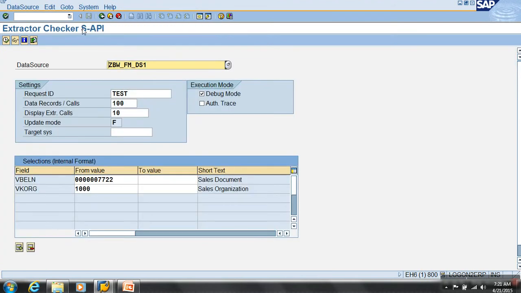So basically the code we have written was not really caring about the selections we passed in data, which get filled into I_T_SELECT, and it was not really caring about the packet size either. So we need to control both of those. Let's say we wanted to have selection on VBELN and VKORG over these two things.